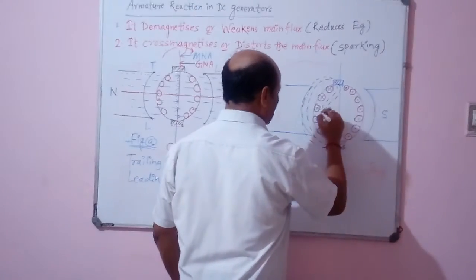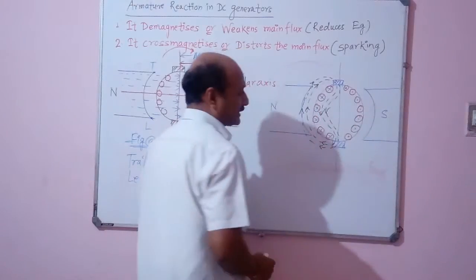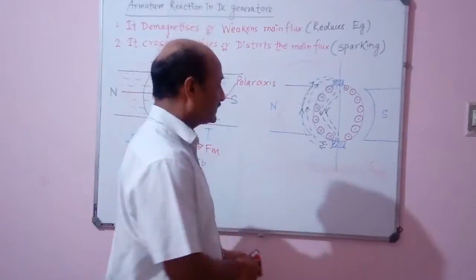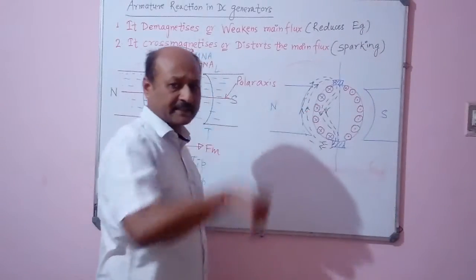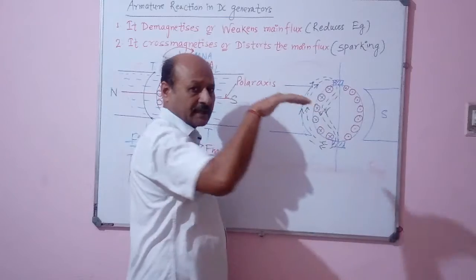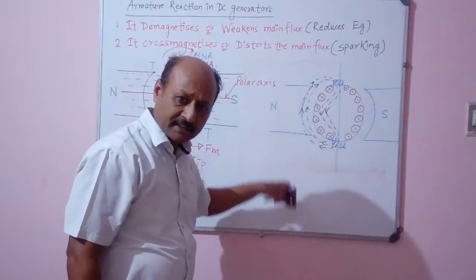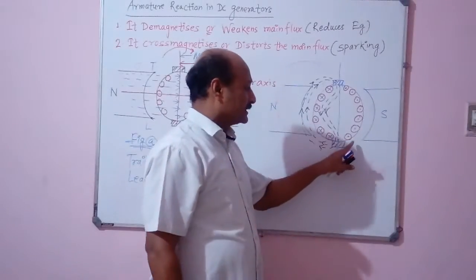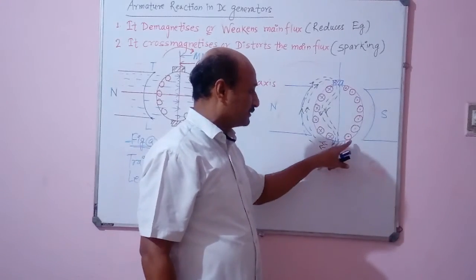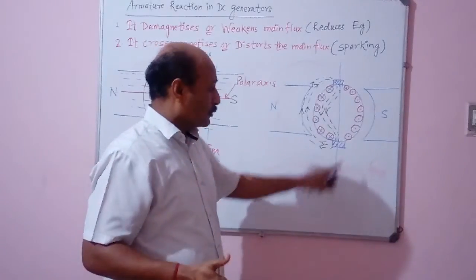Those conductors carrying the current under the influence of the N pole, with the direction of the current away from us, have the direction of the magnetic flux in the downward direction. How will you calculate? Thumb shows the direction of current and the remaining fingers show the direction of the magnetic field, so the magnetic field is downward. By the same principle, we calculate the direction of the magnetic field of those conductors under the influence of the S pole. Now, what is the meaning of dot?